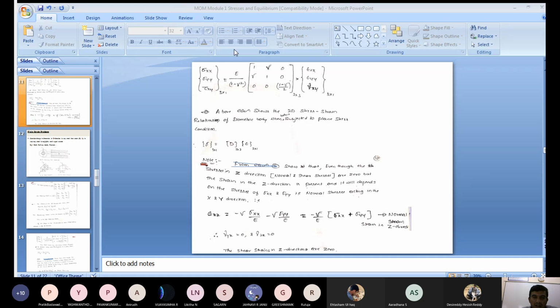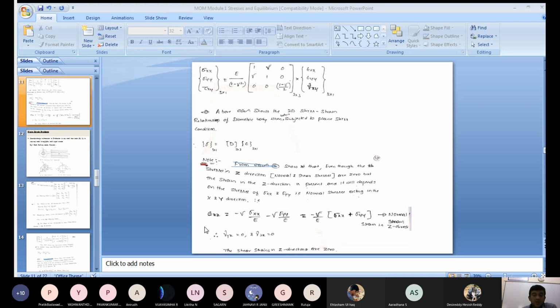Now you remember this matrix, the material property matrix for the plane stress condition. What is that material property? Again, it is for isotropic material. We have only 2 elastic constants: one is Young's modulus, another is Poisson's ratio. Again, you remember this E divided by 1 minus mu square. On the diagonal you have 1 minus mu divided by 2, and in the upper triangle mu, 0, 0. Similarly, it is symmetric about the diagonal. The remaining terms on the lower triangle you can easily write.